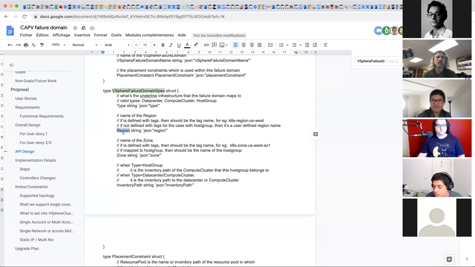If you provided the zone name only to the failure domain, we don't know where this host group belongs to. We still need to know the parent compute cluster of the host group. That is the reason we use this type together with the inventory path to figure out where the compute cluster is, where the host group is, and where we should place the VM.